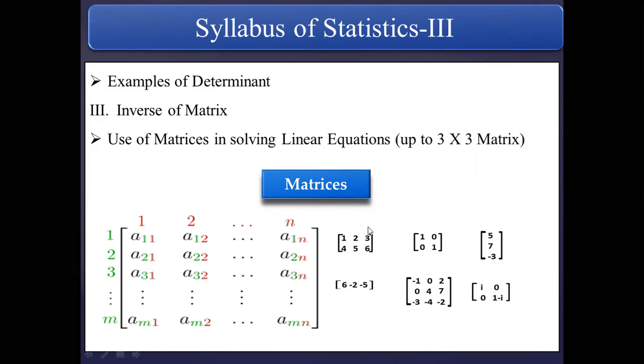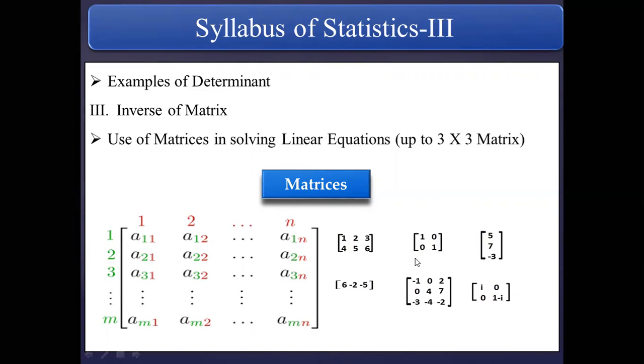For example, this one. This is a matrix of what order? How many rows are there? Rows, horizontally, we can see 1, 2. And how many columns are there? Vertically we can see 1, 2, 3. So we can say the order of this matrix is 2 rows and 3 columns, that is 2 by 3. When you multiply rows into columns, that is 6, and you get the total number of elements of a matrix. So it is a very easy process to find the total number of elements if you know the order of the matrix. Then the second matrix, what is the order of this matrix?